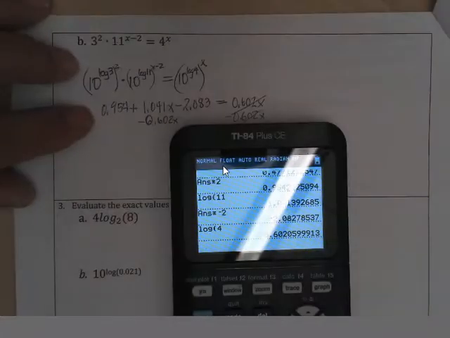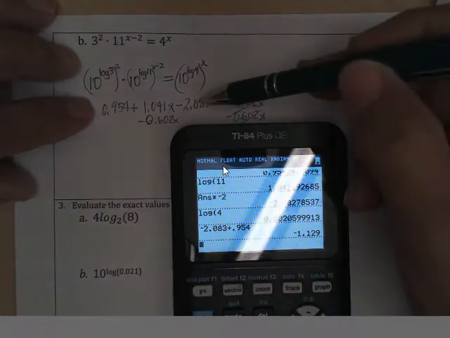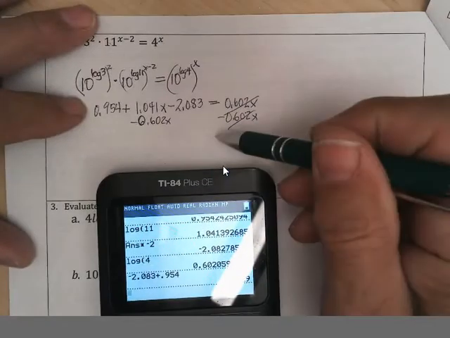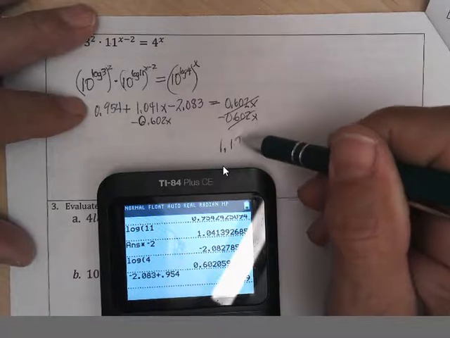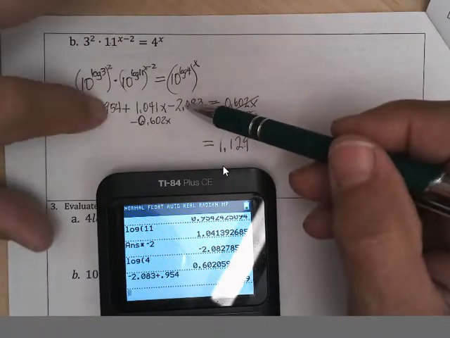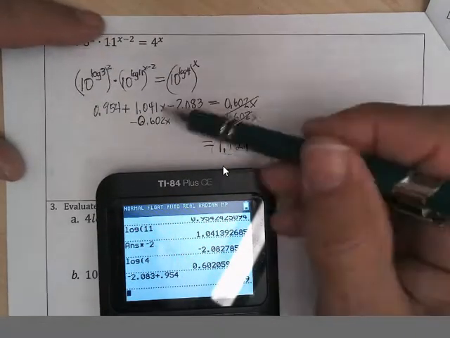Let's see. Negative 2.083 plus 0.954 is negative 1.129. So if I add it to the other side, I will have positive 1.129. So subtract that from both sides, add that to both sides, and combine them, and subtract this from both